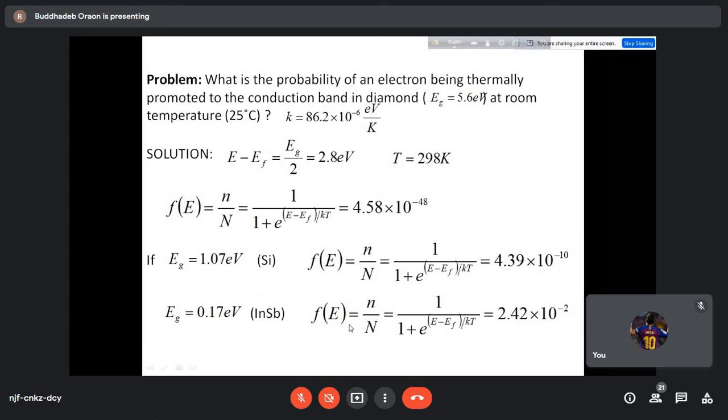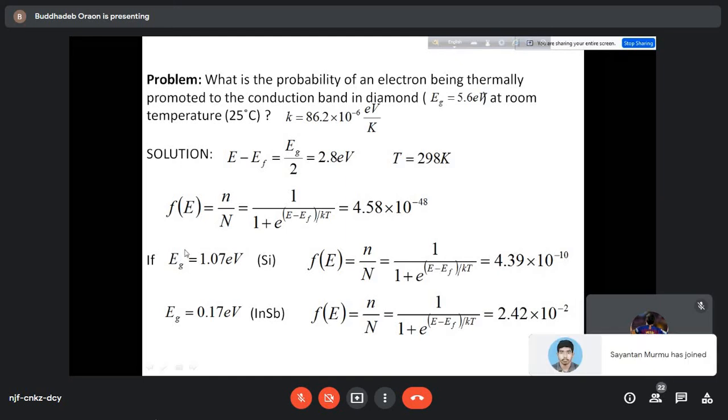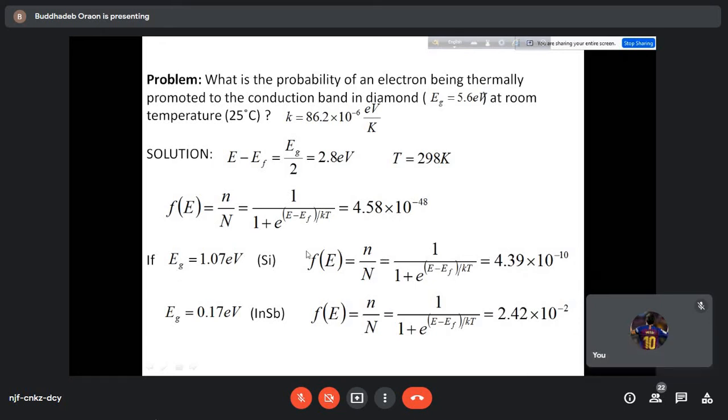Now the conclusion here is that if we take silicon as a semiconductor and try to use it for different applications, at room temperature you will not get a sufficient number of free electrons, and it will be treated as an insulator. Even if you raise the temperature, the number of charge carriers will not be that much, which can be practically used.